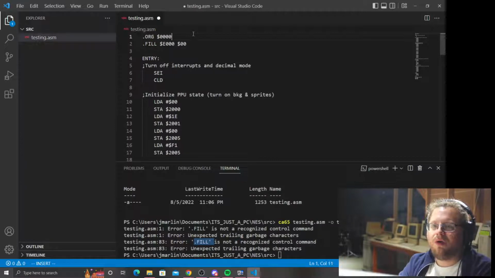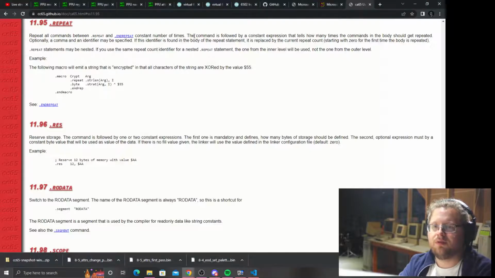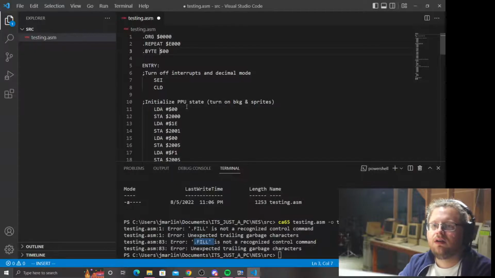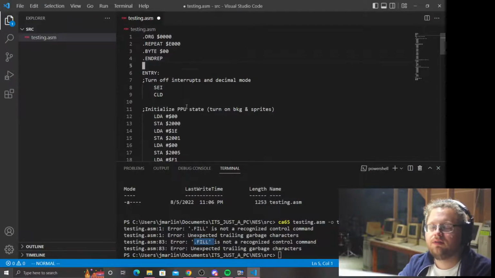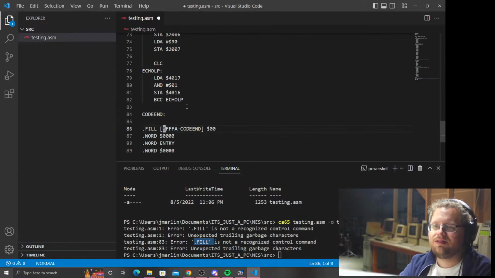Let's org at 0 and then use repeat to do the fill. That is probably a thing. Yeah, because I mean that's basically what they're doing here. And then end rep. We'll see if that works, but hopefully I can do something like that. And since org 0000 is probably implicit, but whatever. Should make it work the same, hopefully. And then here, this actually uses some math, so